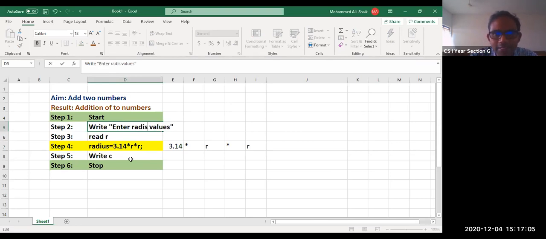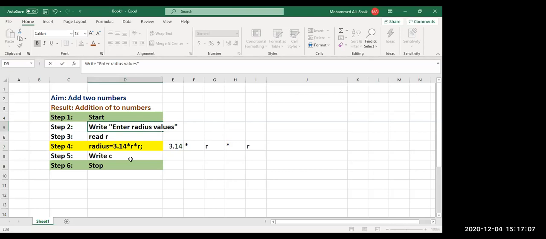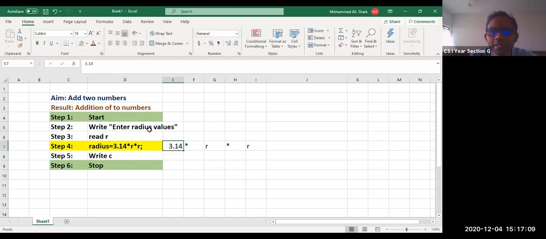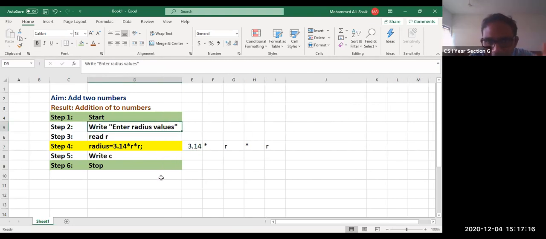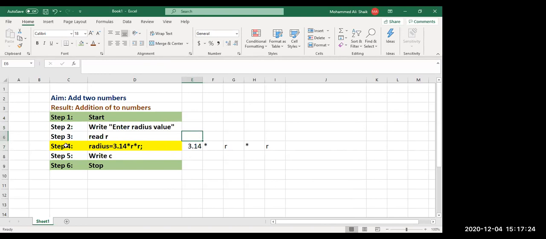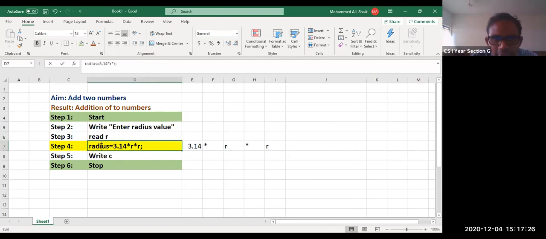So before that, what are we going to ask? Enter radius. R value. Or somebody say R value, no issue. You can say R value. In case of radius, area should have radius. Radius is a good one, we are going to get some meaning. Enter radius value. Not values, it is value. It gives us some meaning, right? We are calculating the area of circle, no, sir. We should have written radius. What is R?